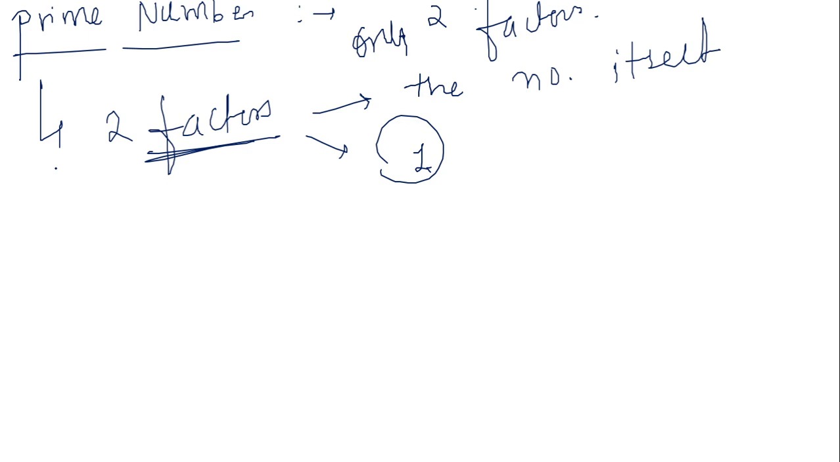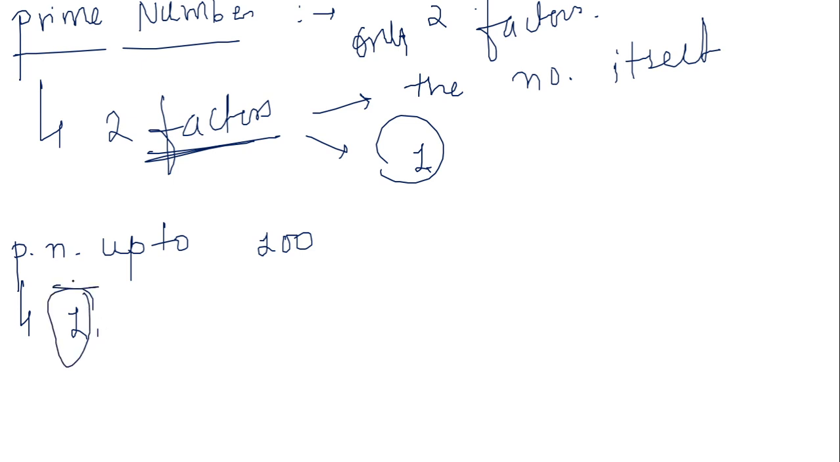So if we consider the prime numbers up to 100, is 1 a prime number? This is the question now. Let us try to understand whether the number 1 is a prime number or not. The first prime number is 2, then 3, 5, 7, 11, 13,